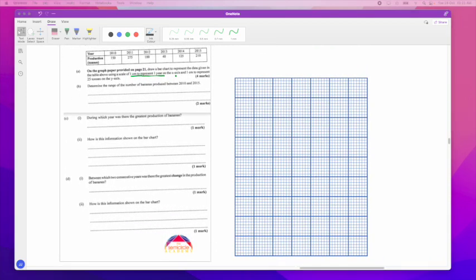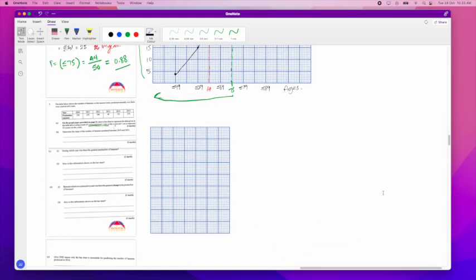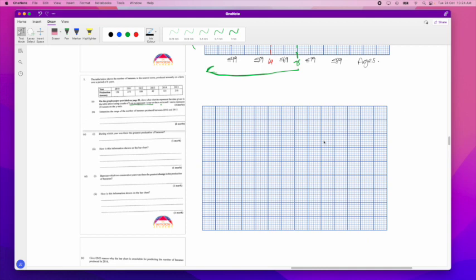Now remember, this is 6 years I have. This is not a histogram. This is a bar chart. So the bars do not need to be joined. And so on our graph paper here, we can have a bar here for 2010. This is 1 centimeter here. So let's put 2010 here,